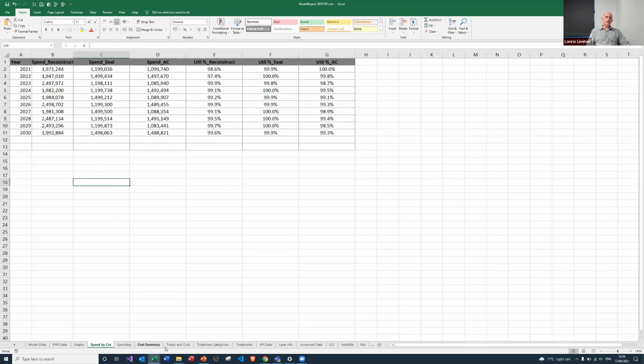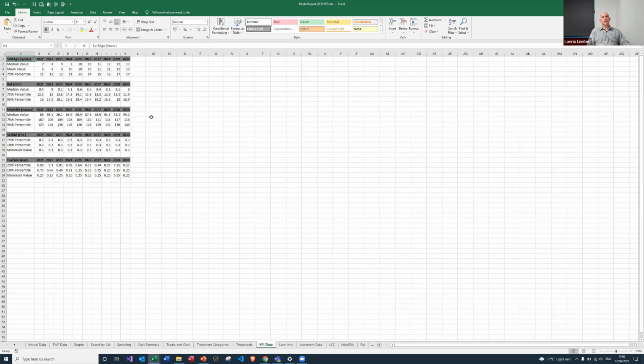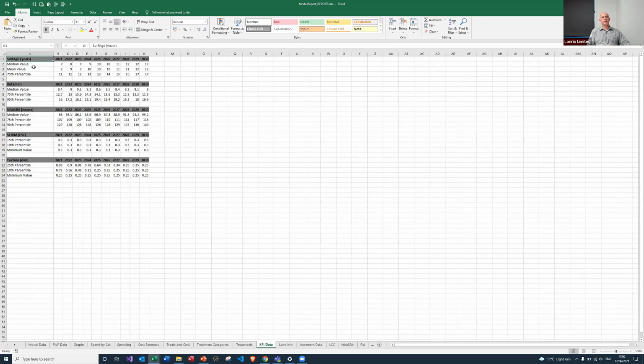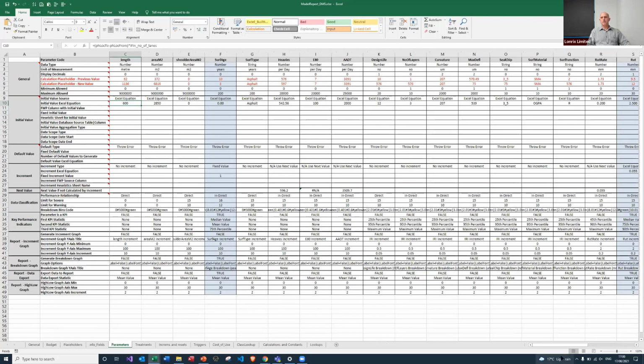Okay, so I think I've covered just about all of the really important things. The only other element that I want to point out in the model report is the KPI data. In the KPI data, you're basically getting the key performance indicators for each of your model parameters for which you have asked to get performance indicators. Once again, that's controlled in your DMS file. So if I go here and I'll just go once again to rutting,